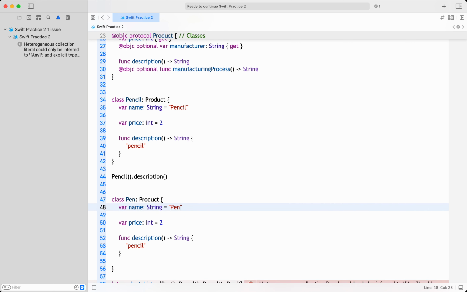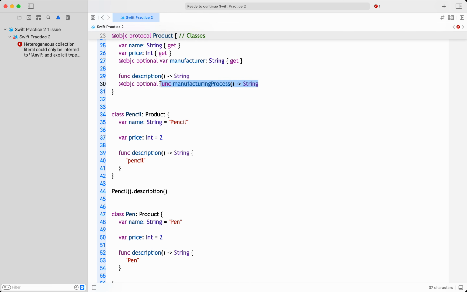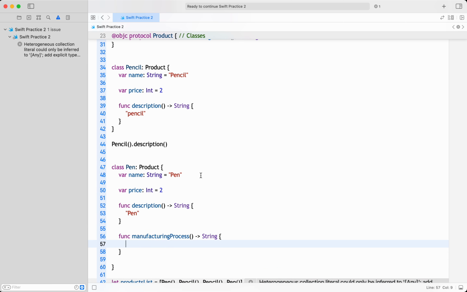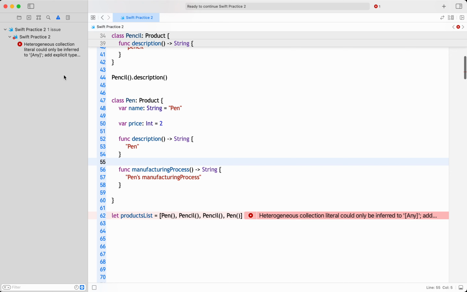Its name is pen, its description is also pen, and I also want to implement the optional method in the pen. Of course pen implements it, whereas pencil doesn't implement the optional method called manufacturing process. So here I would just return "pen's manufacturing process". Okay, for example, now it becomes a heterogeneous collection, it's not